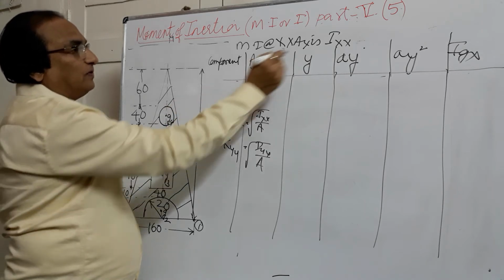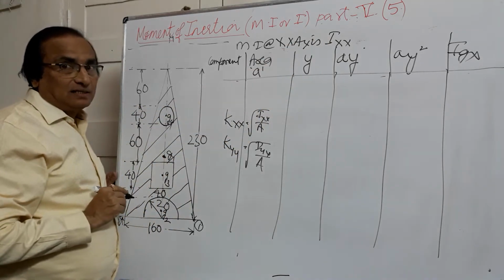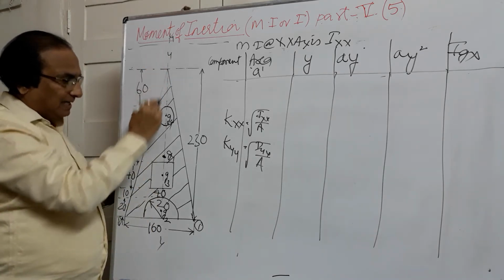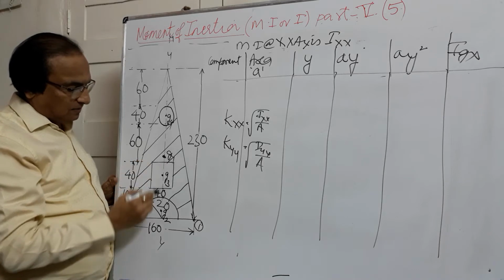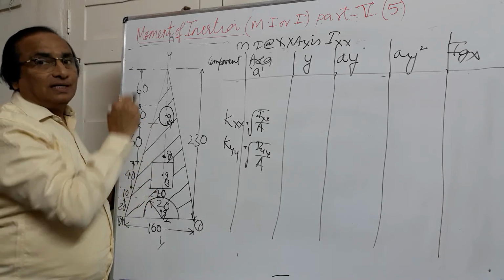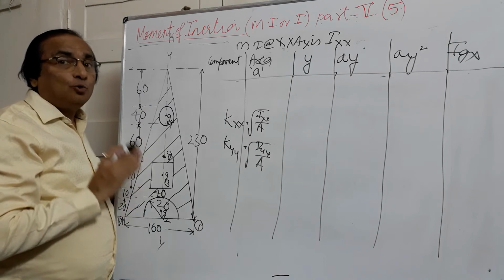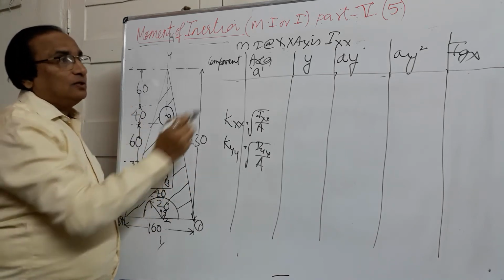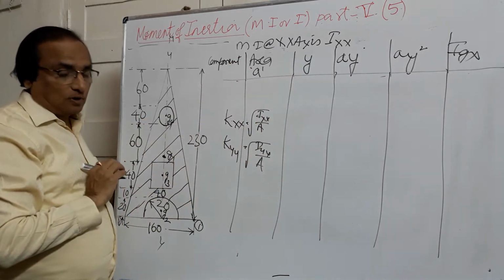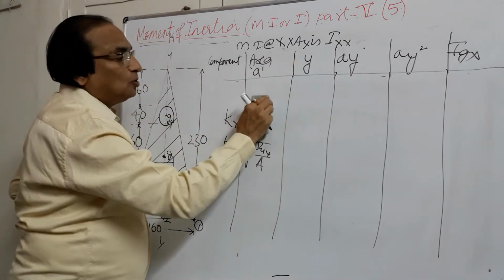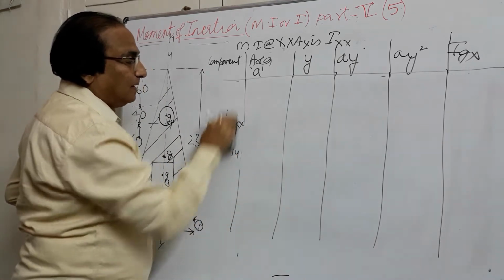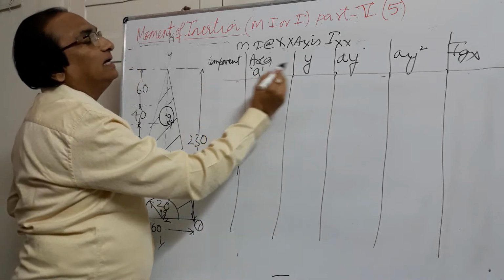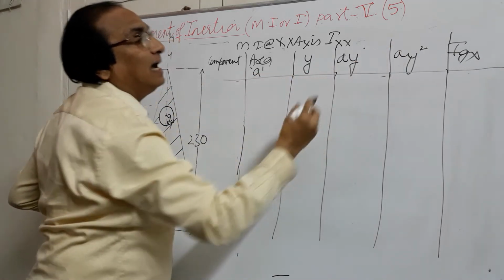So first we will find the moment of inertia about the x-axis. If I divide it vertically about the y-axis, you see that this y-axis is passing through G1, G2, G3, G4. That means in the y direction you can directly find the moment of inertia. But for xx you will have to draw the table and solve the problem for finding Ixx. So for Ixx we need a tabular column of 6 columns: component, area, y, ay, ay square and Igx.